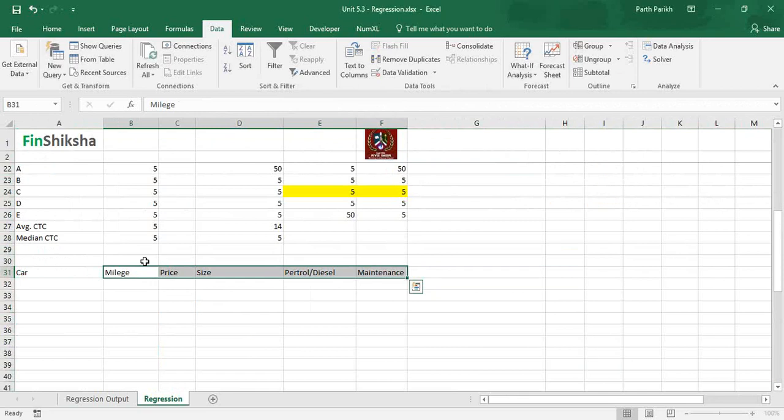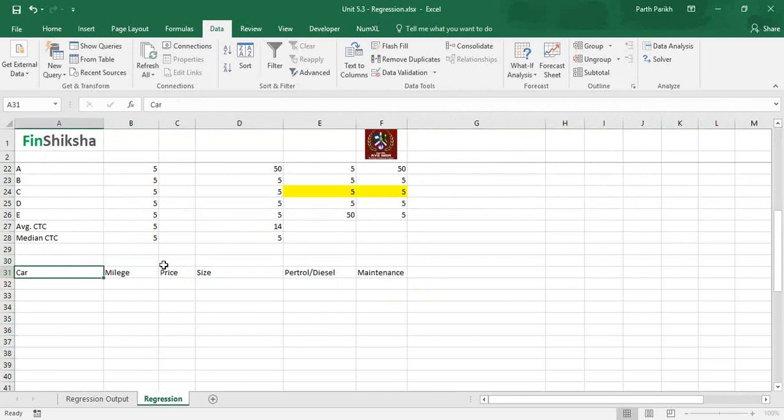Though these variables are interlinked, maybe if size is high then price is higher, it's not like you decide on a car and then decide a price. You decide a price and then you decide to buy a car. So you decide a price range. Let's say you want to buy a car from 5 to 10, and then you decide which car you want to buy. It's not like you want to buy an Audi and then you decide a price. You don't go to a dealer and say you will pay them 15,000. It doesn't work like that.